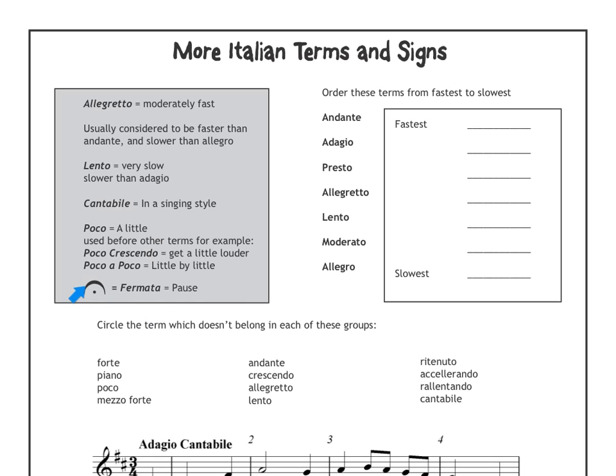And then finally, the last little thing here, affermata. I'm sure you've seen this before. Often this will happen over top of a note value or a rest value. It literally means hold the note or pause on whatever is below this marking.